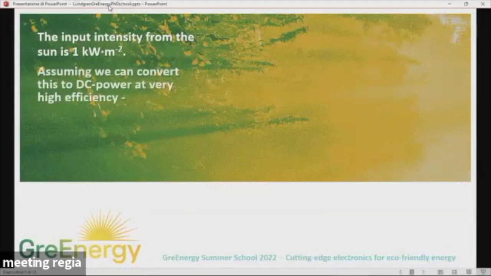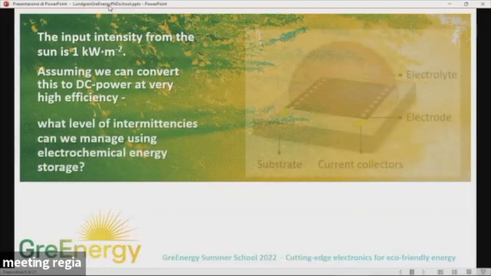And then we have an excellent team of coworkers. So we are looking forward to having a very efficient conversion of this very high frequency electromagnetic radiation into a DC signal. So we can assume that we do that with a very high efficiency. But still,